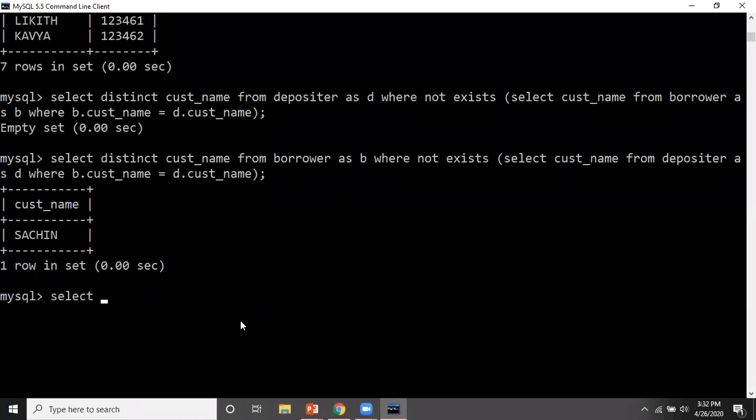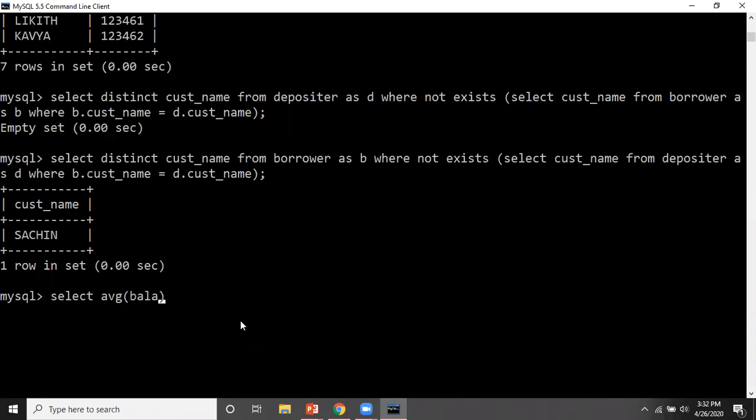Select average account balance. So the aggregate function average, and I will apply this on the balance column, and let me show the branch name also. So let me give BR name from the accounts table.